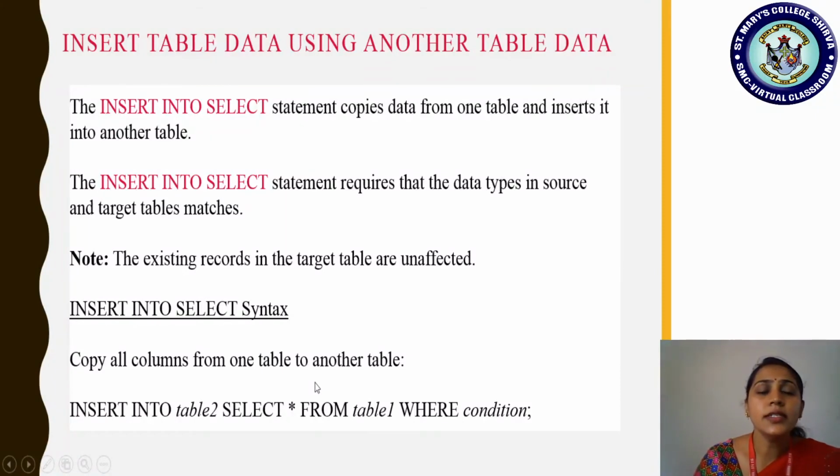Now we shall discuss how to insert table data using another table's data. We already created a new table from an already existing table. So how do we copy the values of the existing table to a new table? We can do that with the help of insert into select. The insert into select statement copies data from one table and inserts it into another table.